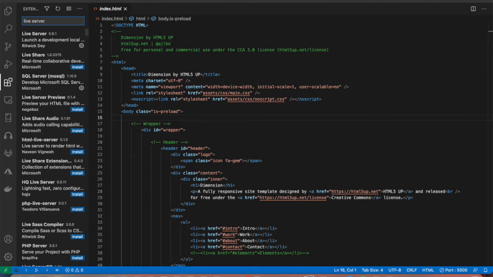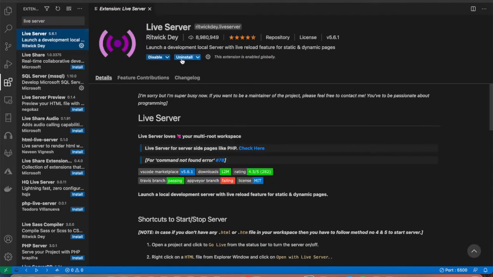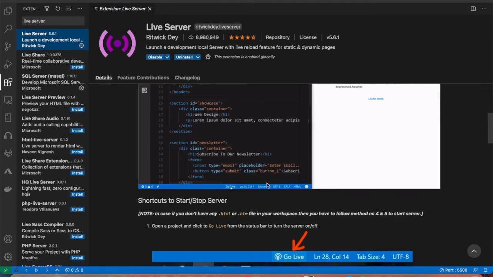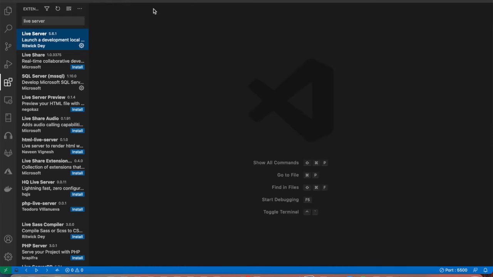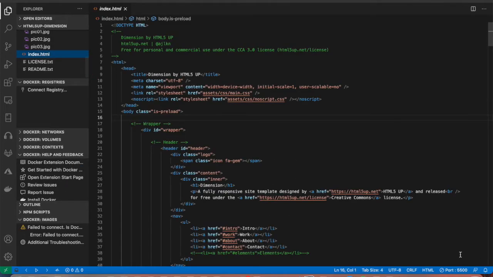I have installed this one. You can directly go by right clicking, or there's also an option down below.